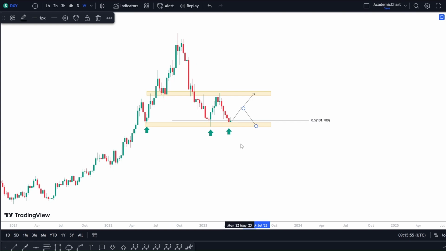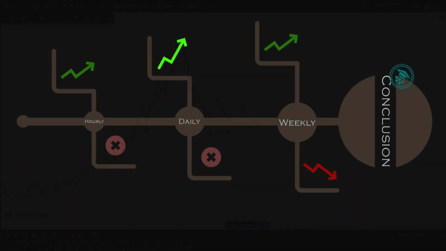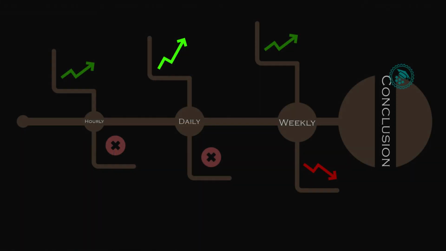Any of these might happen, but for us, coming back to the conclusion: on the hourly, for now, the uptrend is expected. On the daily, a more sharp uptrend, and on the weekly, we just discussed that we might see both a possible uptrend and downtrend after finalizing the momentum that we just talked about. That was our conclusion and analysis for the